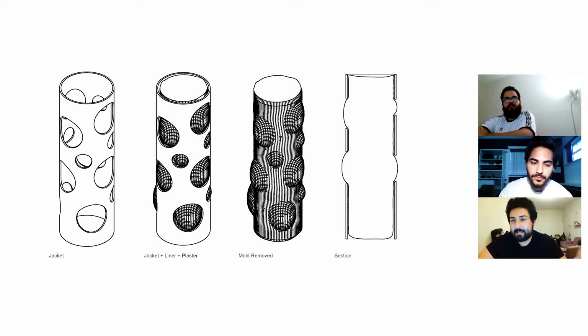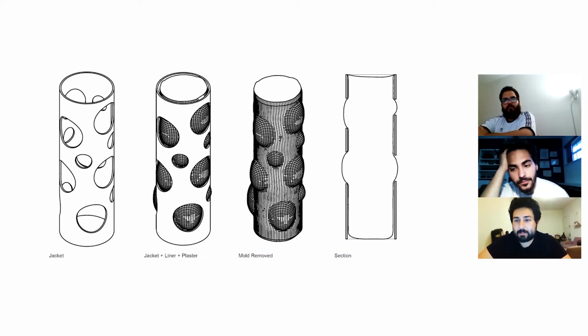So after we did all these mock-up models and experiments, we thought, it's one thing to actually do this in person, but how would you draw something like this, right? Organic modeling can get you so far, but to have a physical line drawing of something with these kinds of undulating shapes and bulges is not as easy to do as you would think. We tried a bunch of different drawing techniques and methods to arrive at what we think was the best method of portraying it, which is mocking it up in